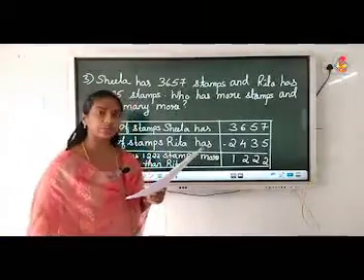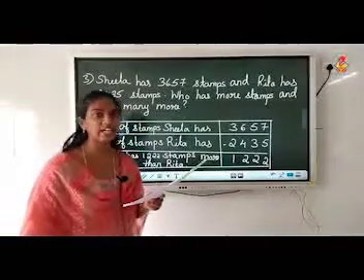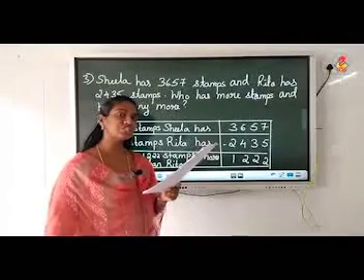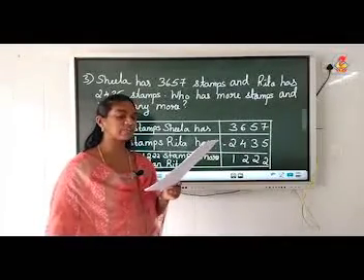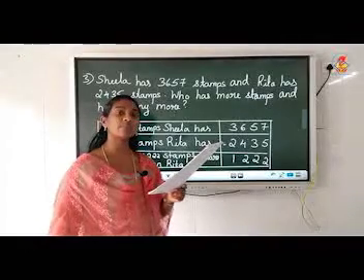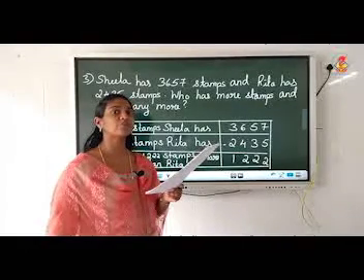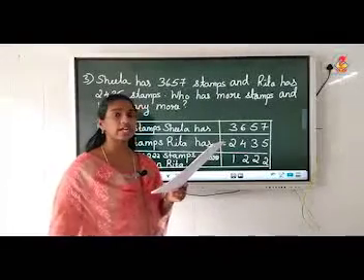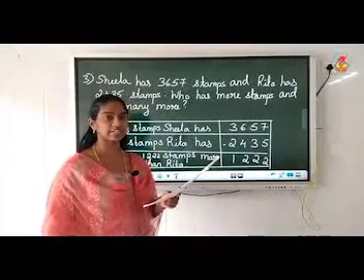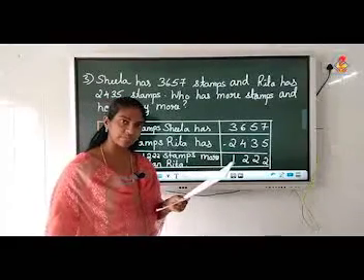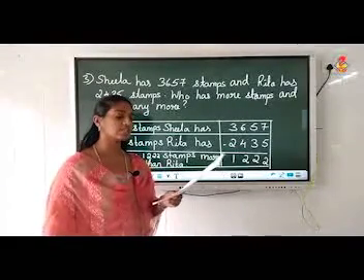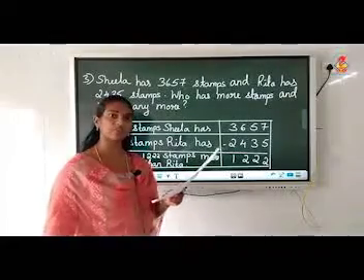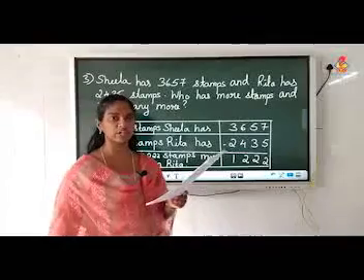Okay, children. Then question 5. Seema had 978 marbles. She lost 356. How many marbles left with her? How do you find that? Yes, you will minus. So, what is the first statement? Number of marbles Seema had. Second statement, number of marbles she lost. Third statement, number of marbles left with her. And you have to minus and write the answer. So, question 4 and 5 you will do it on your own.